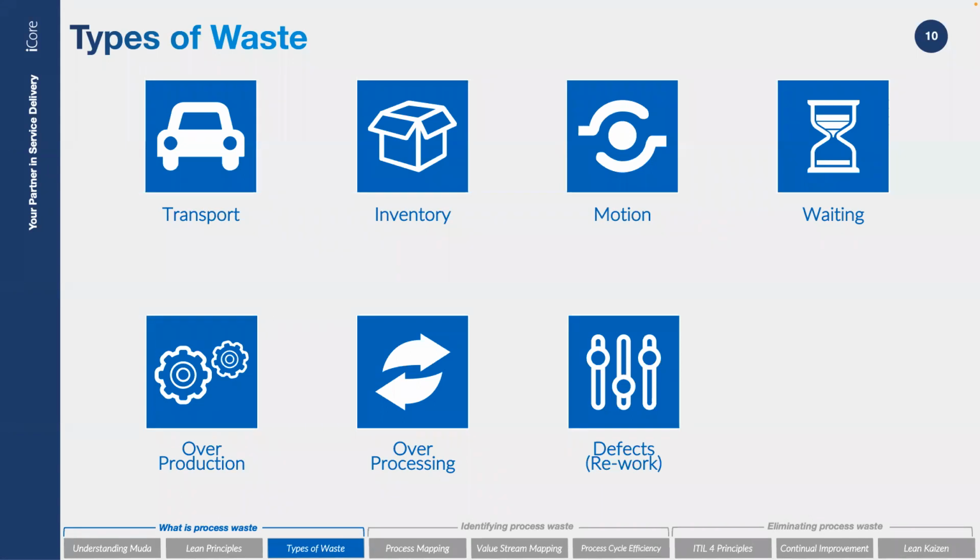A good one, defects. In IT process, defects waste can occur when there are errors in the data or when work needs to be reprocessed due to errors or omissions. Jumping back into lean here, they've got a fantastic tool called the Andon cord. And the Andon cord is basically, if you see an issue in the work you're doing, stop working with it. Send it back to be fixed at that point. Don't just continue because my process says that's what I have to do, because you'll send it on and it will go further upstream, and suddenly it will go all the way back down to the beginning again, and you'd have all this waste.